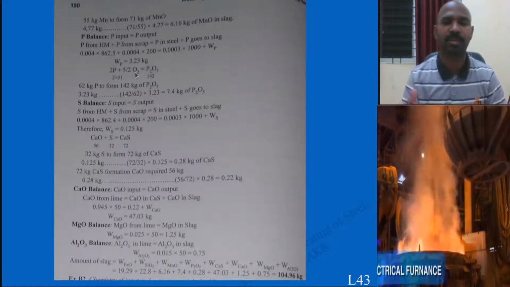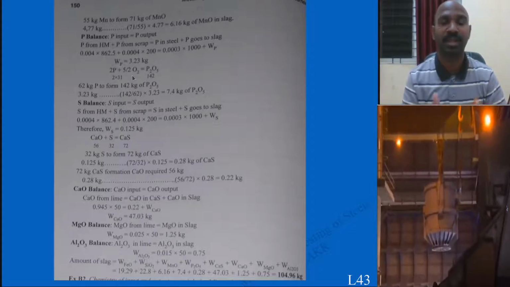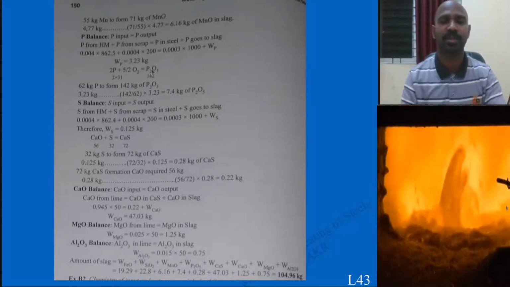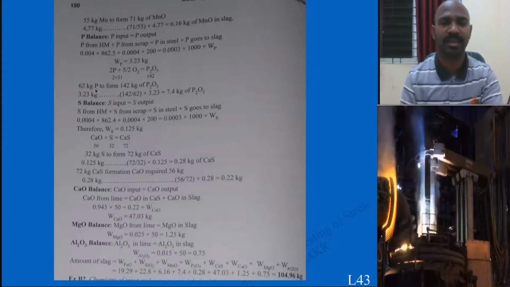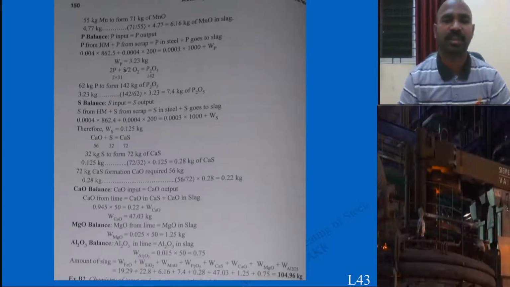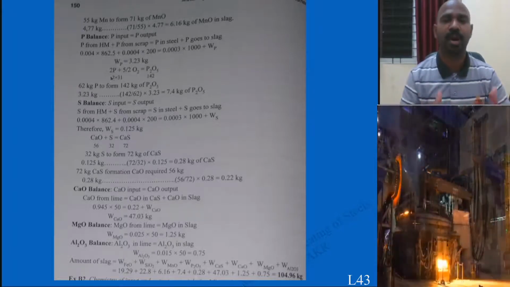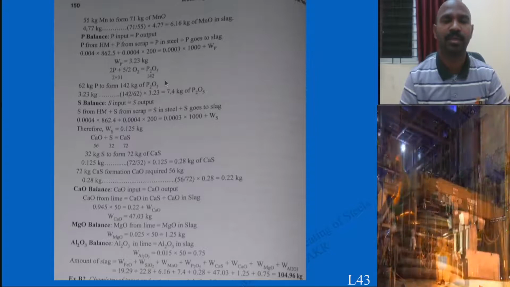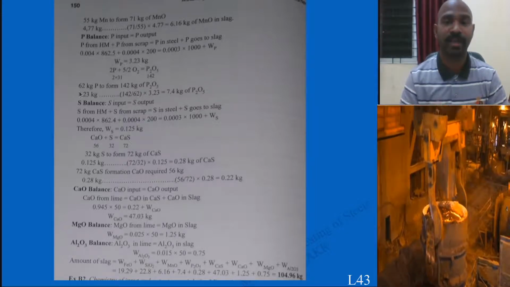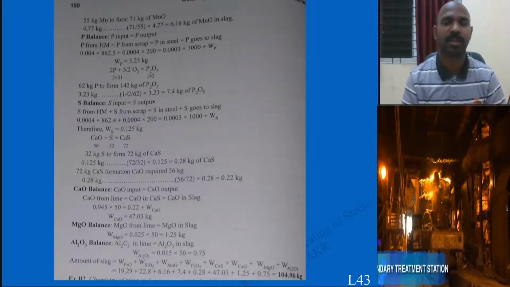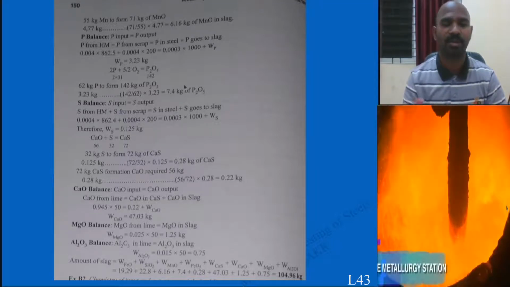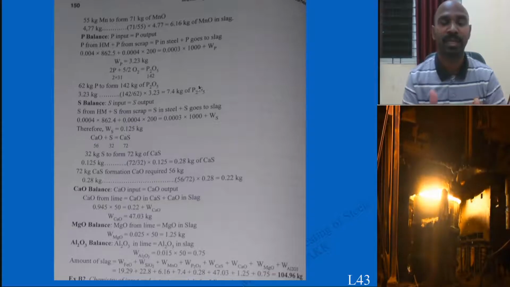But the phosphorus is reacting with oxygen, since it is steelmaking. So you will be balancing this equation. For the 62 kg of phosphorus, these things also you need to remember. Atomic weights: most of the time they will give you atomic weight values, otherwise you need to remember. 62, and to produce P2O5, 142. Since it is 3.23 with respect to the phosphorus, how much is it with respect to the P2O5 slag? Actually, in steelmaking P2O5 slag is going out. So that is why you need to remember this step also. Otherwise, this is the ending step.